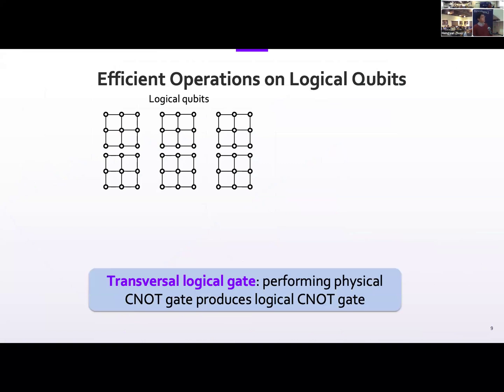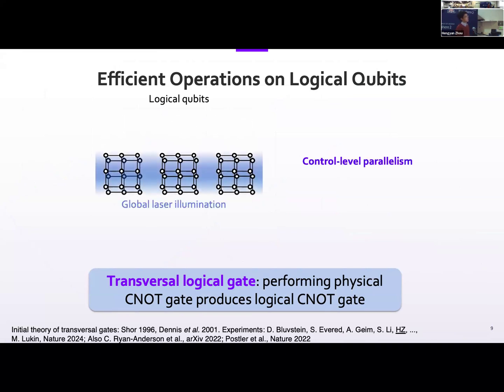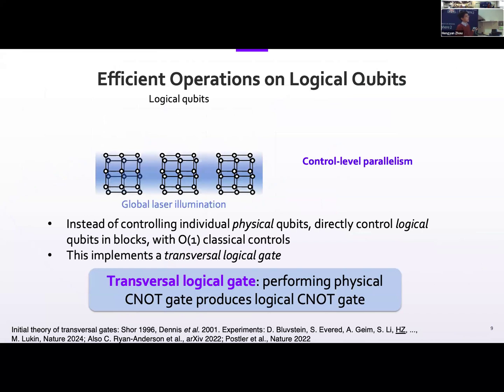And so what this allows you to do are these transversal logical gates, which Christian also talked about just now. You take these code blocks, you interleave them, you shine a global laser, and very nicely, you're able to implement a logical CNOT gate. So this, in a single stone, kills two birds. We get our logical operation: we're able to do a logical CNOT with a pretty natural operation that we have access to,